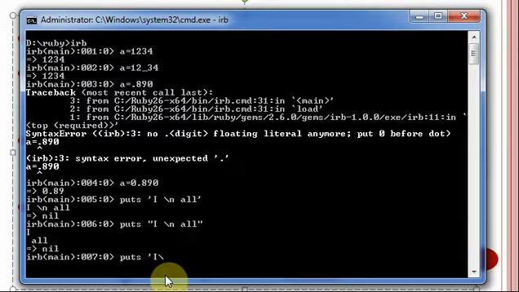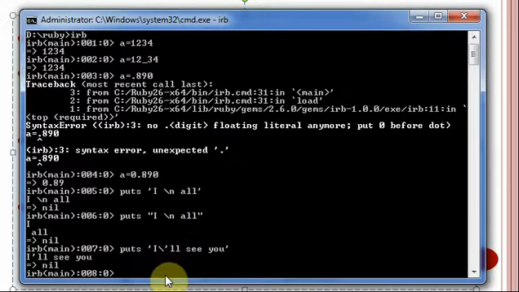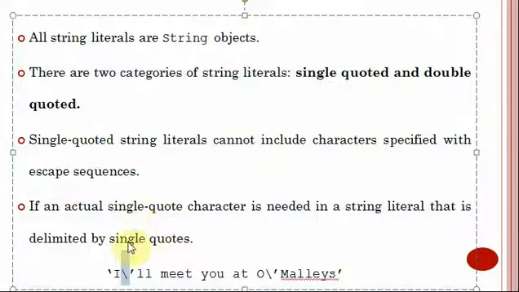So how will I write? I will write this delimiter, backslash followed by the apostrophe. So you can see here the apostrophe s is displayed. If you want the single quote character to be displayed, then you use this delimiter. So that is the example that is told.